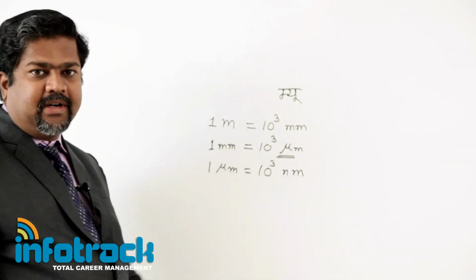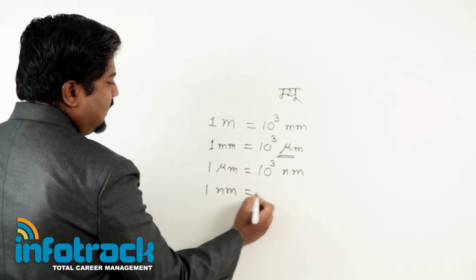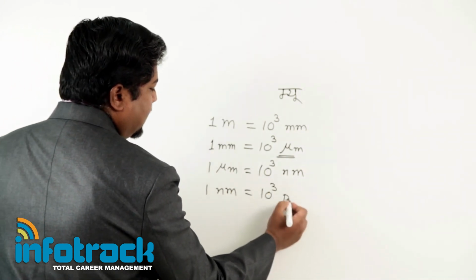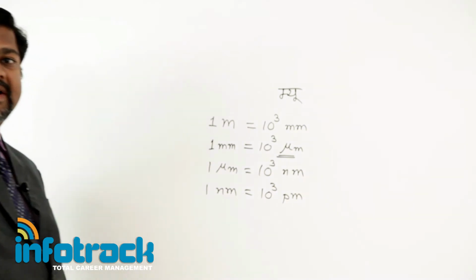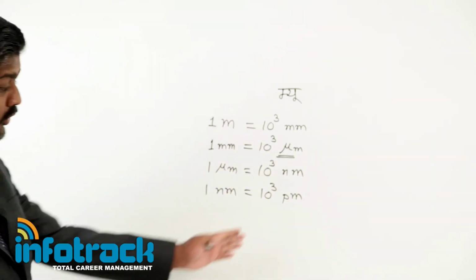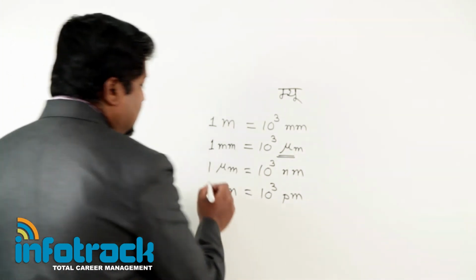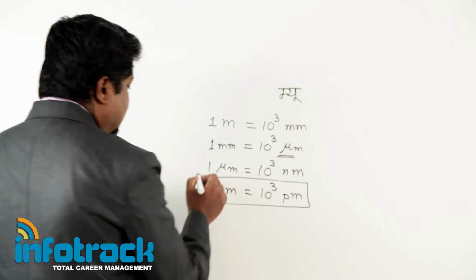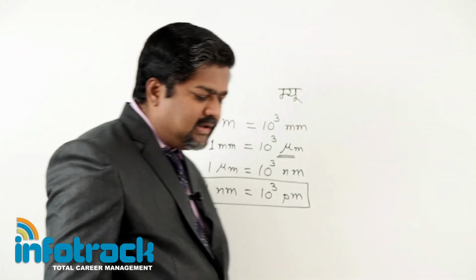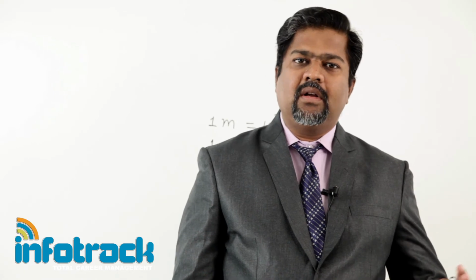So this is nanometer. Then 1 nanometer is equal to 10 raised to 3 of a smaller unit, that is picometer, and so on. Picometer is not the smallest, we can go further, but here for my consideration I am not considering this. Whatever universal knowledge we want to get, for that purpose nanometer is enough.